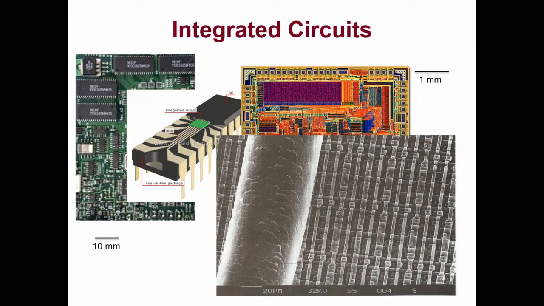So it gives you an idea of how small we were able to make all the transistors that form the electric circuits. It's this technology that enables us to have very powerful, lightweight, low-power electronic devices such as cell phones and laptops, that enable us to enjoy all the benefits of this technology.